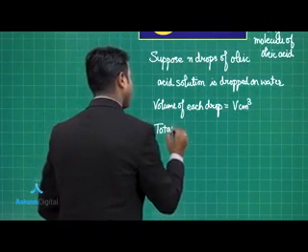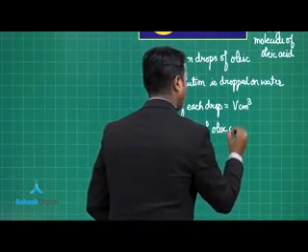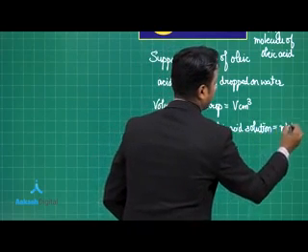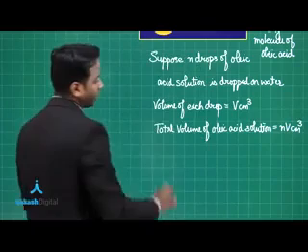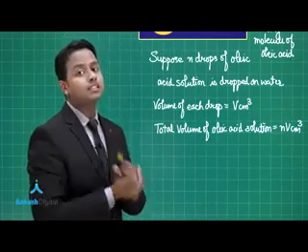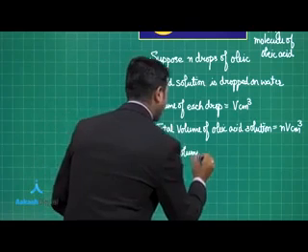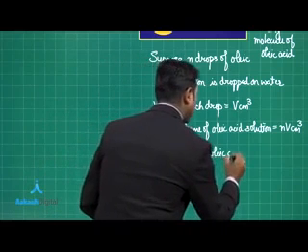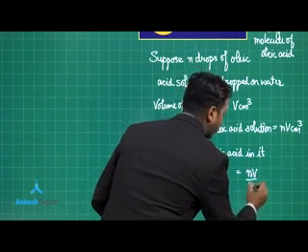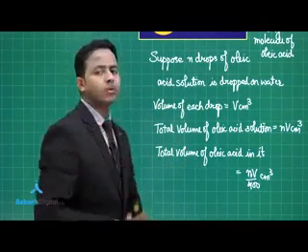So total volume of oleic acid solution is equal to NV centimeter cube. Now tell me, in this total solution, what is the percentage or what is the amount of oleic acid present? So we can write down the total volume of oleic acid in it is equal to NV by 400, because it has a concentration of 1 by 400 for particularly oleic acid.